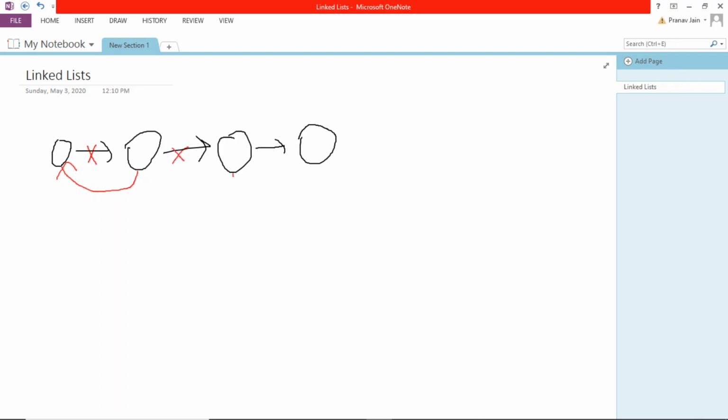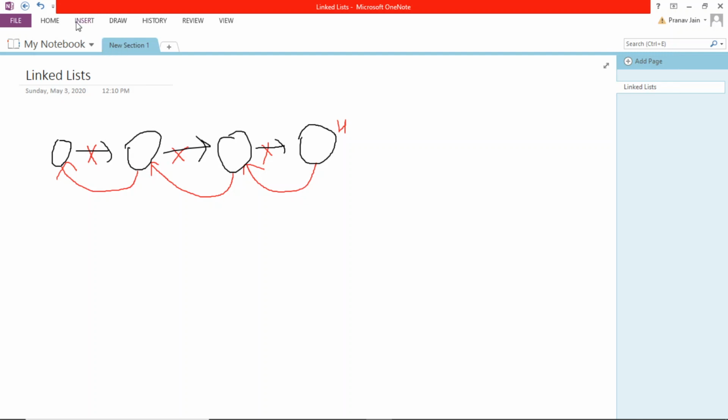Remove this link and add a new link to this. Remove this link, add a new link to this, and change our head from first element to this. This should be our head.